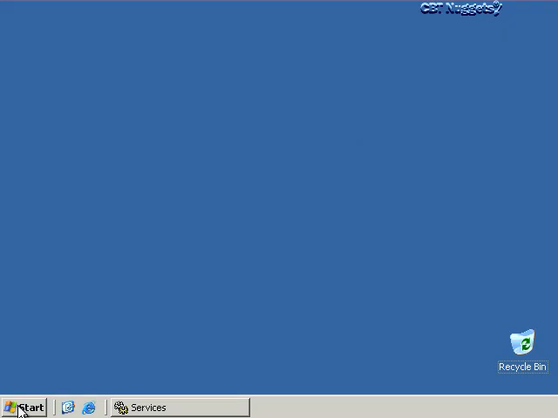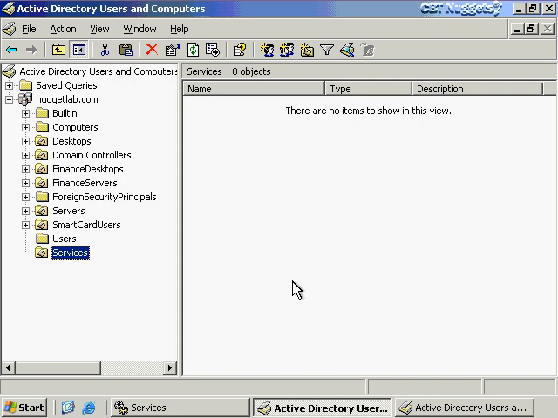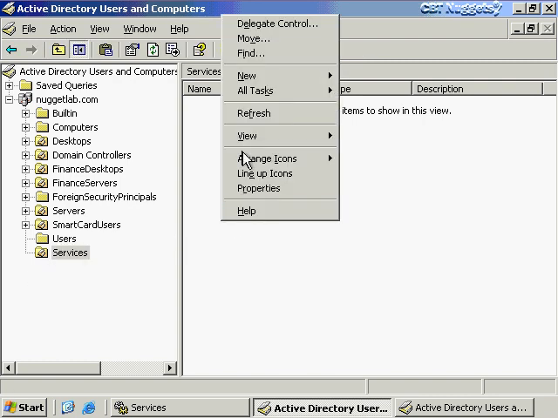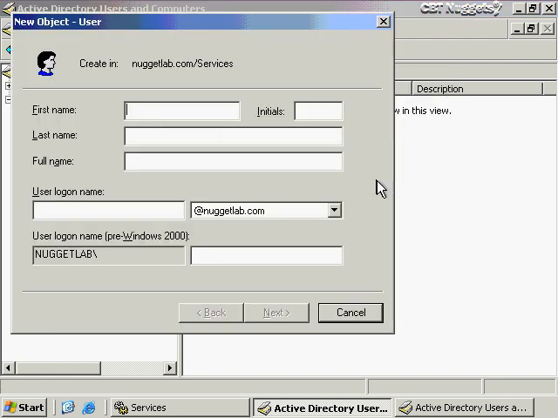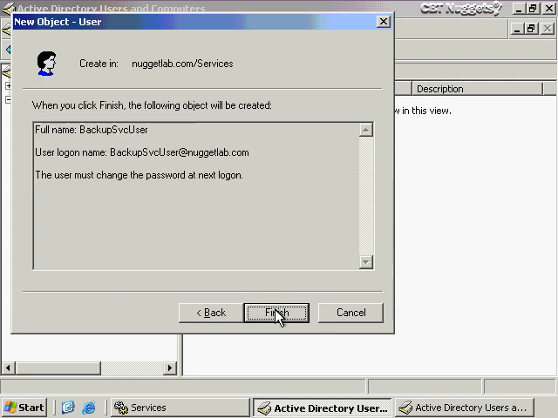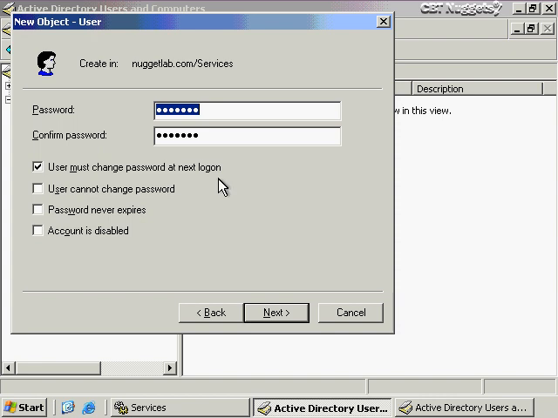Let's just go to Active Directory Users and Computers. Then here I'll go to this Services OU that I created. And if I've got a user account that I'm going to create here, I'll just quickly create a user account. It's real easy to just click next, give it a password, click next, and then click finish. But you're going to have a problem with this. Why? Let me go back for a second. The first time this service tries to start up, it's going to get a prompt for a password change, and it will not be able to actually run. Actually, it won't even see the GUI for the password change prompt, but it won't be able to log on either because it's going to have to change its password. So we're going to have very limited success trying to run this backup.